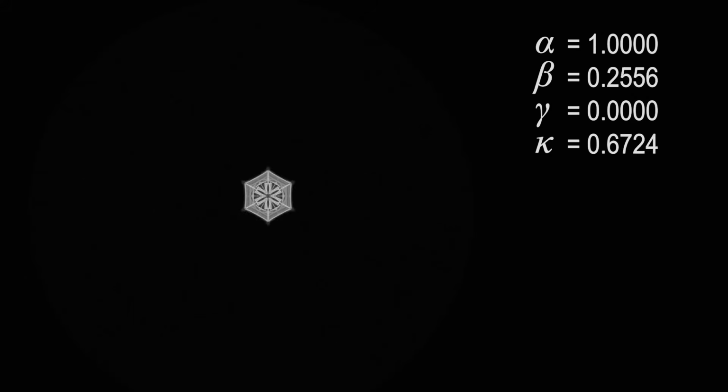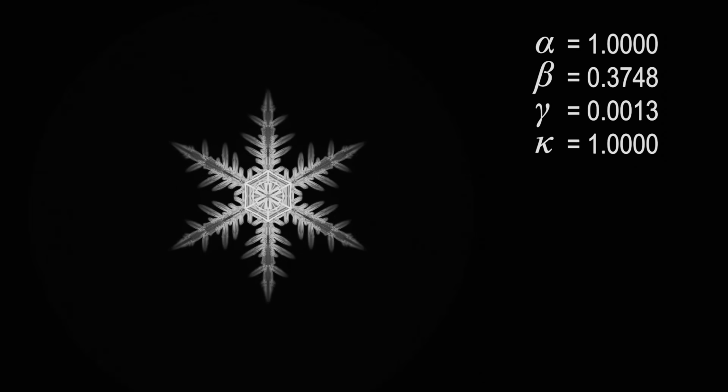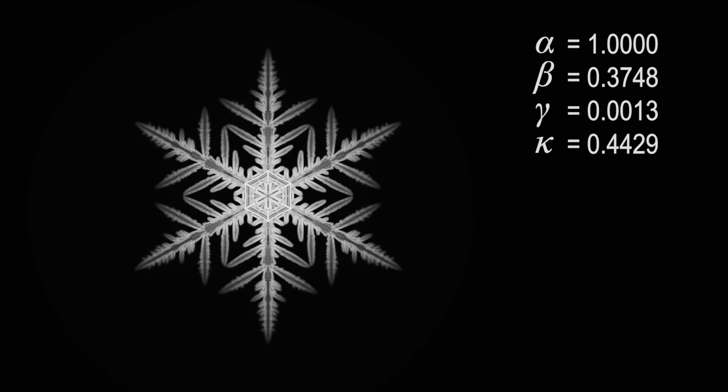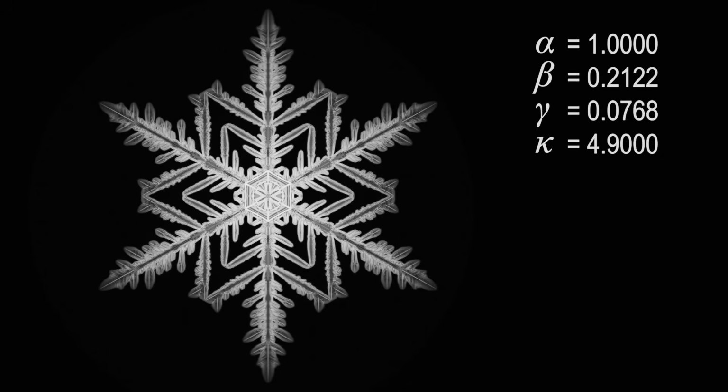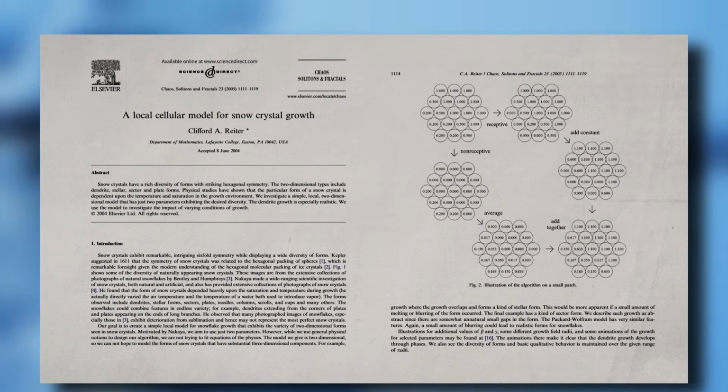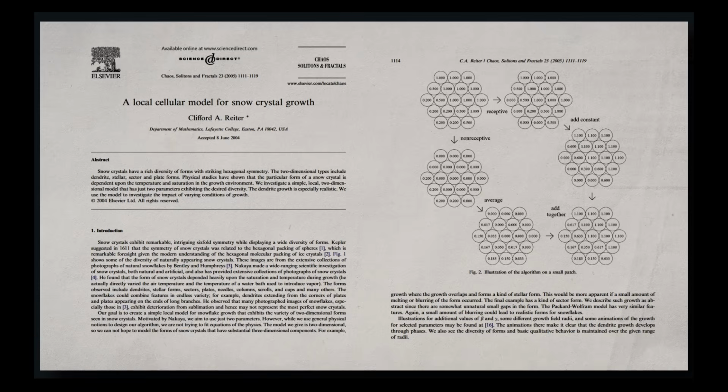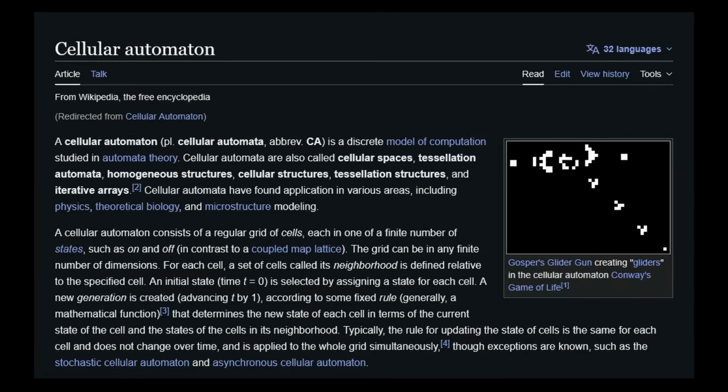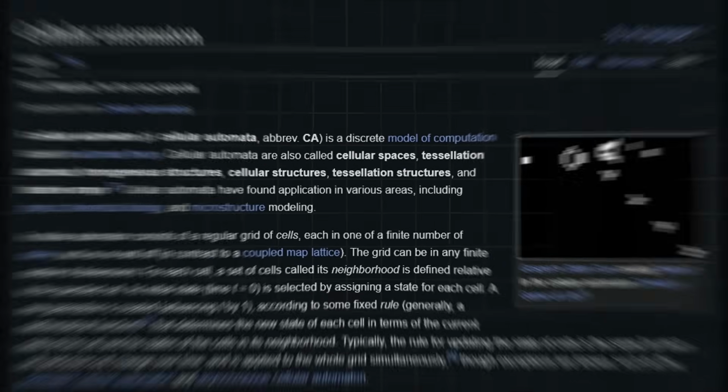Hello everyone! In this video, we're going to be playing around with simulating some snowflakes. It's easy to think that something as complex as the geometry of a snowflake must arise from extremely complex laws of nature. But a couple weeks ago, I actually came across this paper on simulating snowflakes via a rather simple 2D cellular automata. A cellular automata is a type of simulation, usually run on a grid, where each grid cell